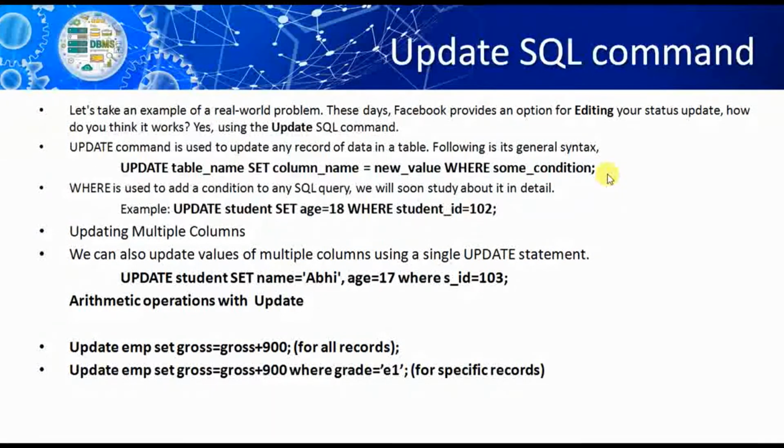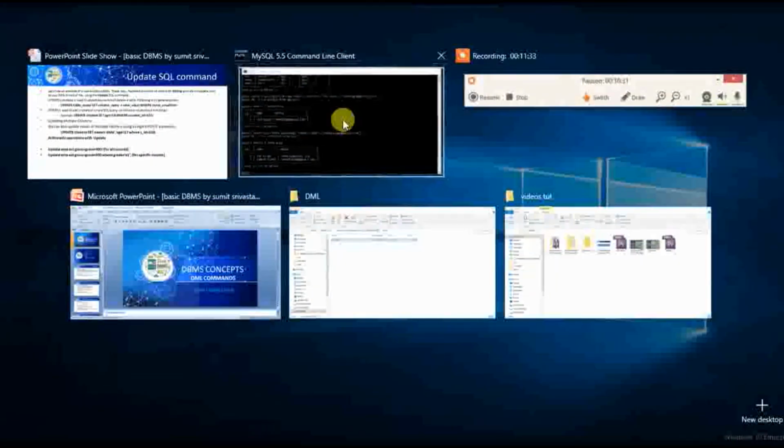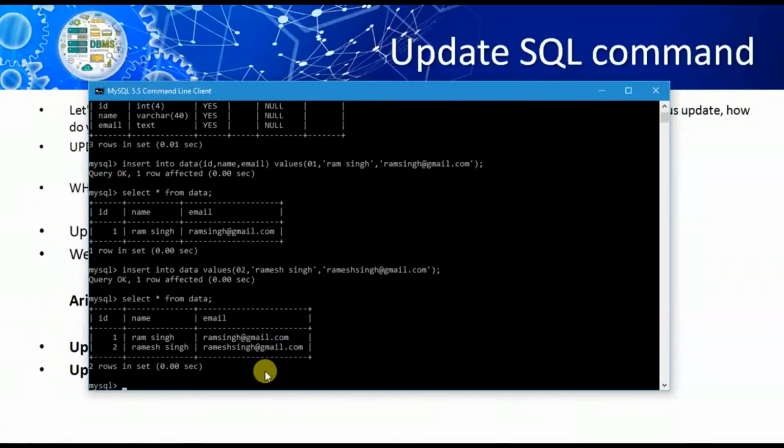But right now I'm going to update the value inside the data table. So look at here, update, table name is data, update data.